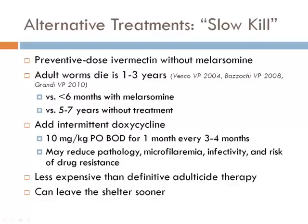So this brings us now to the other way of approaching treatment of adult heartworm infection. This is known as slow kill. And there's a lot of misinformation on the internet and a lot of, I think, rescue groups that have misunderstood the role of the slow kill approach to heartworm infection. This is definitely